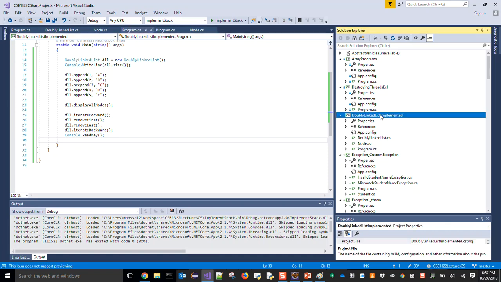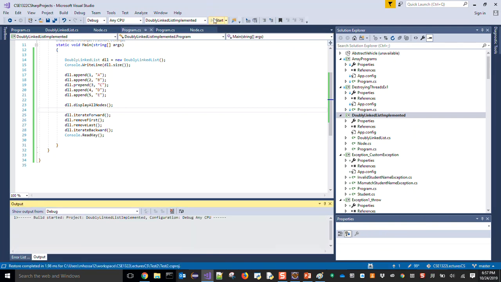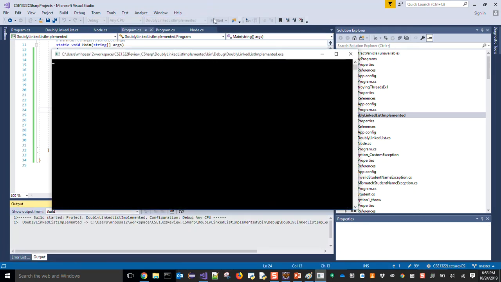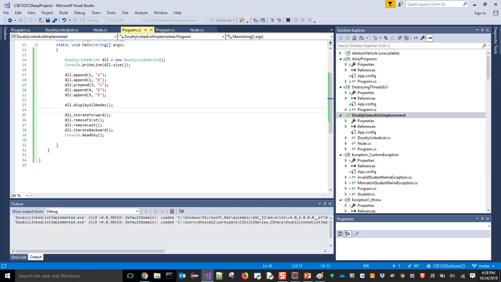Let me see if I make it set as a startup program, and if I run it. Okay, it's working. I will push this code on my GitHub account, and then you can get it, C# people,